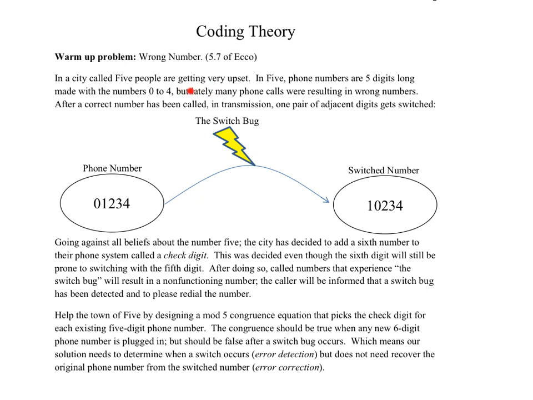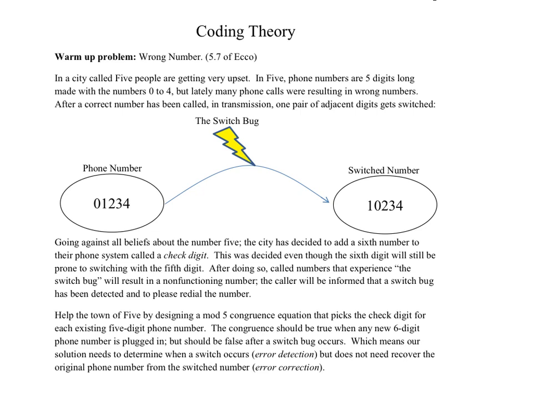But lately they've been having an issue in this town of 5. Many phone calls are resulting in wrong numbers. So you try to call someone, you type in the number correctly, but you'd call the wrong person. So how can we deal with this? After some further investigation, they've discovered that what's going on is 2 adjacent digits are switching. So if you dialed 0, 1, 2, 3, 4, you may actually end up calling the person at 1, 0, 2, 3, 4. Notice the 1 and the 0 switched positions,